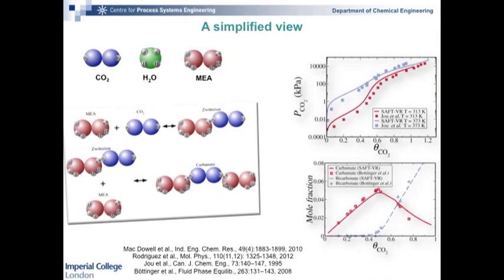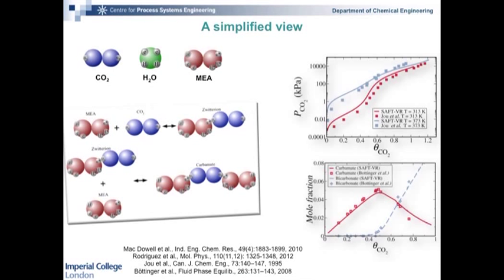Okay? So what we're going to do, instead of trying to model the whole complexity of this, is to try and take a simplified view. And we're going to look at just 3 components instead of the 13: CO2, water, and monoethanolamine. We usually use aqueous solutions of amines. Okay, so water is always present. And represent the reactions within the SAFT formalism through sticky sites here, which allow the molecules to come together and form aggregates. Okay? And so, for example, here's an example of one reaction and how we represent it with the product as an aggregate of CO2 and the solvent. Okay?